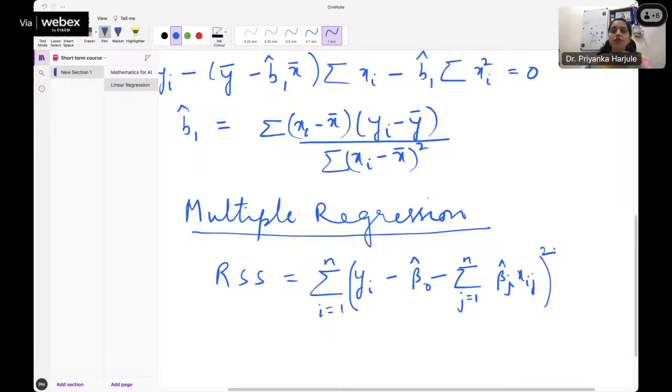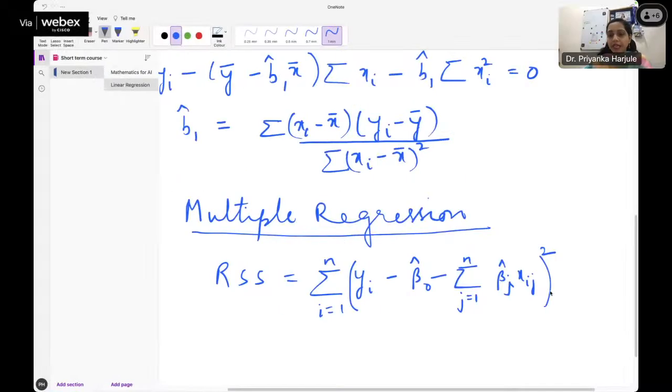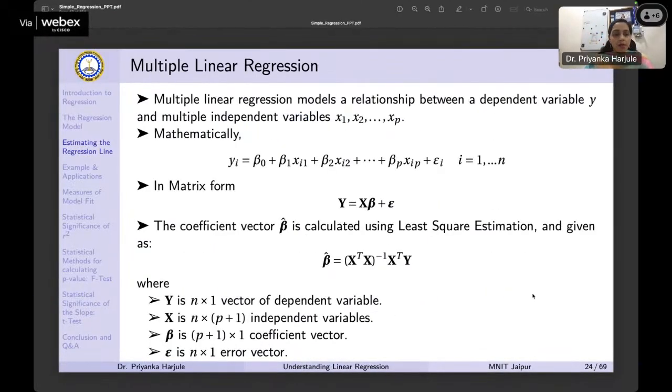So very similar to what we had for the simple linear regression case. This was what we had, and now we have it in terms of multiple independent variables. But here, instead of keeping them in terms of equations only and then trying to minimize, it becomes very complex. So you express this equation in terms of matrix form to handle many independent variables. So the model is represented in this compact matrix form, which is given by y is equal to x beta plus